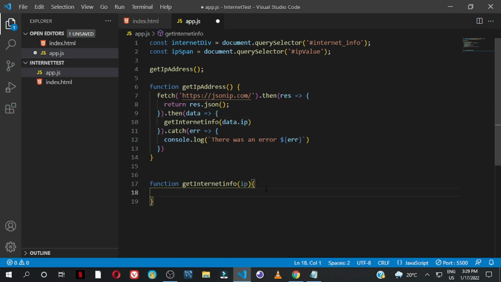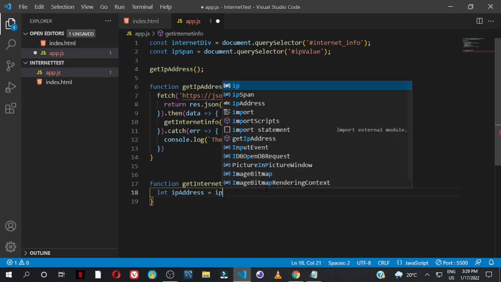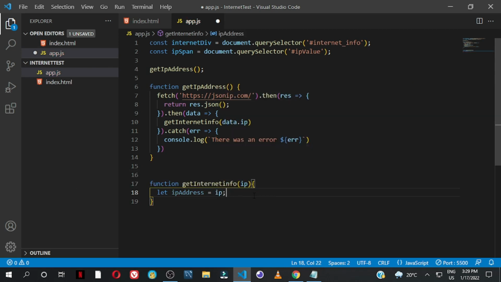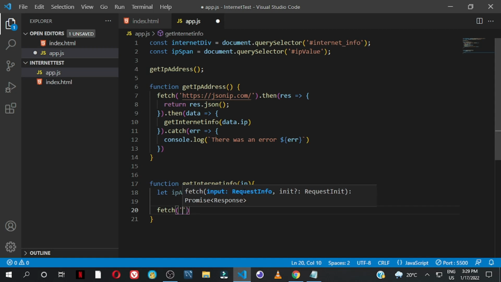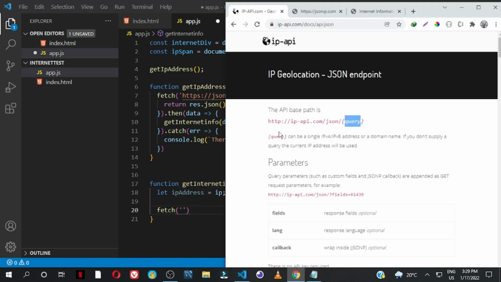I'm going to create a variable here to make it obvious, call it ipAddress, and assign it to this parameter that I passed into this function. Then I'm going to make a fetch request,